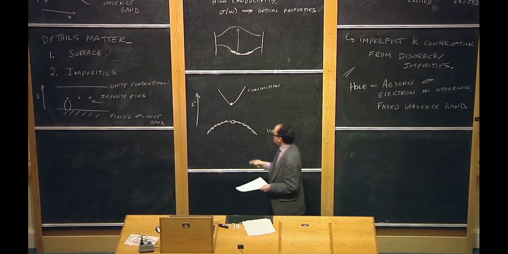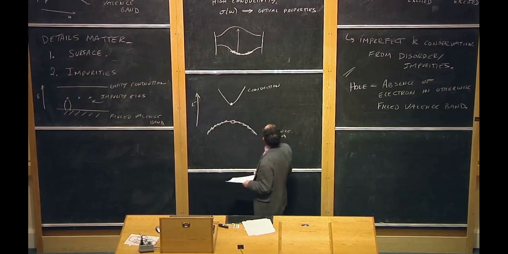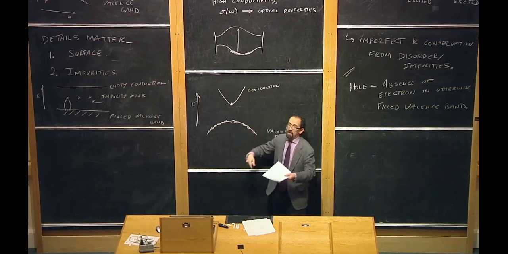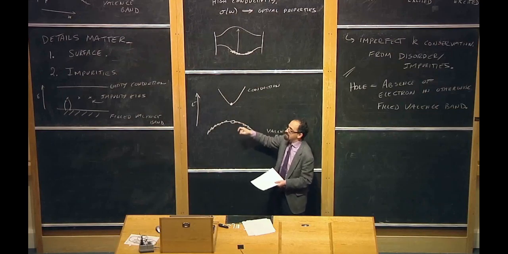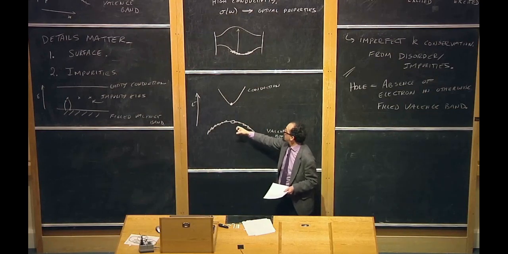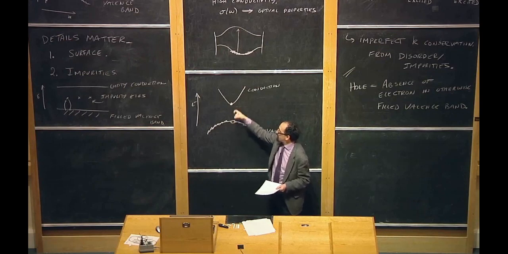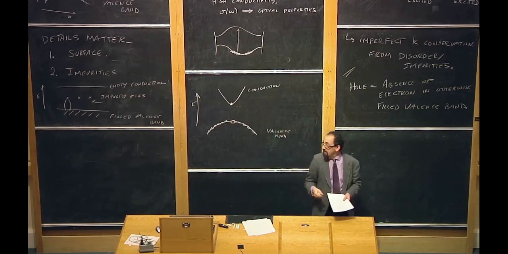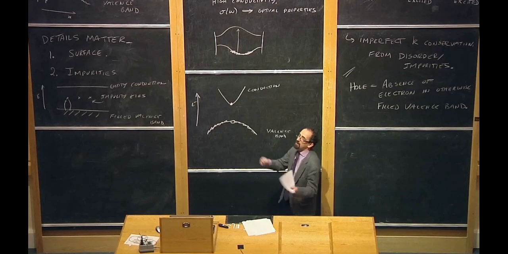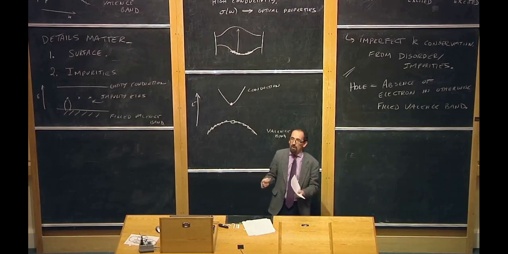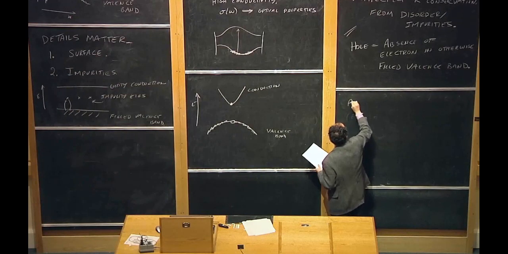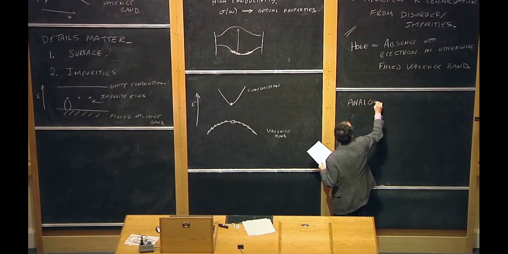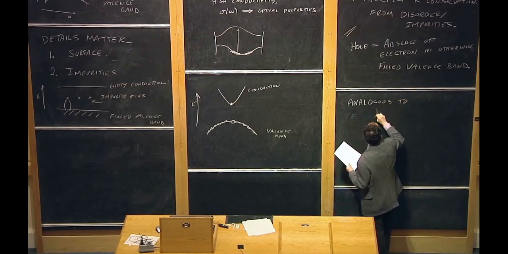So when you put in this energy to excite the electron up to the conduction band, it could be a photon, or it could be actually thermal energy too. If the gap is small enough and your temperature is high enough, you can thermally excite an electron from the valence band up to the conduction band. Then what you've done is you've actually pair created an electron and a hole. It's entirely analogous to a positron,